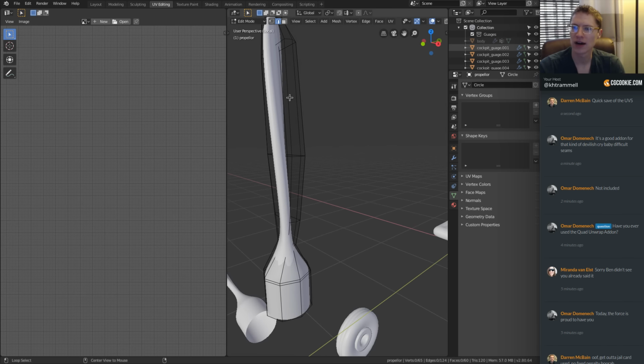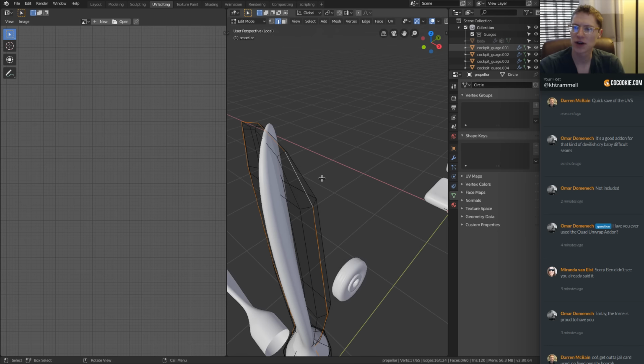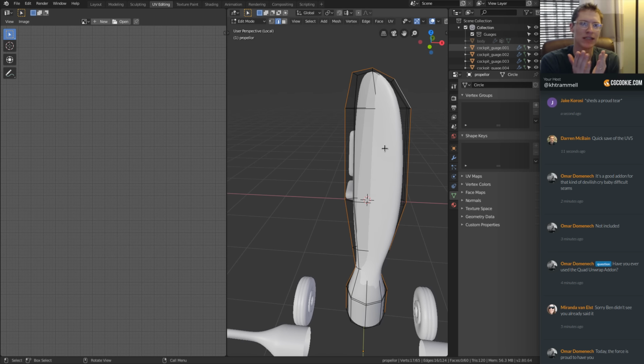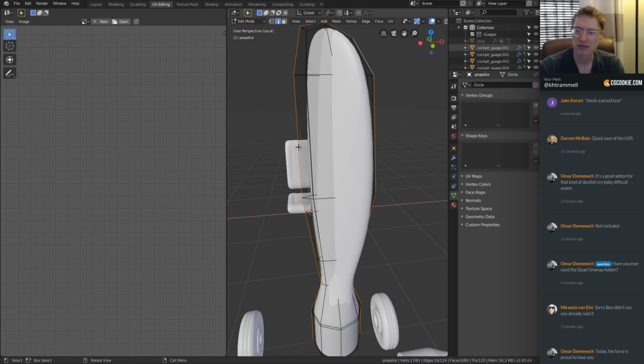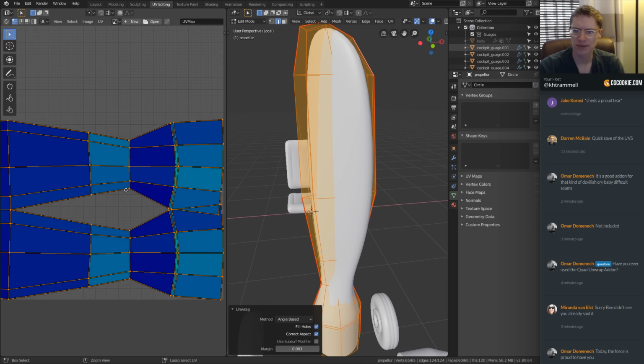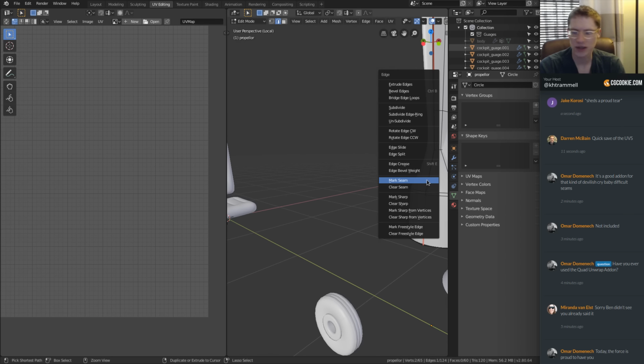It's going to be a pretty simple object. Let's just unwrap along this edge. Well, actually, go down the middle. Yeah, that makes more sense. And then what I don't want to do is lop the propeller in half, and then you have two separate islands. I do like to keep the island connected. And so in order to keep it connected, you just tell this edge, for example, to not be a seam. So Control E, mark seam, unwrap it, and maybe we can actually leave the bottom one connected too. Control E,